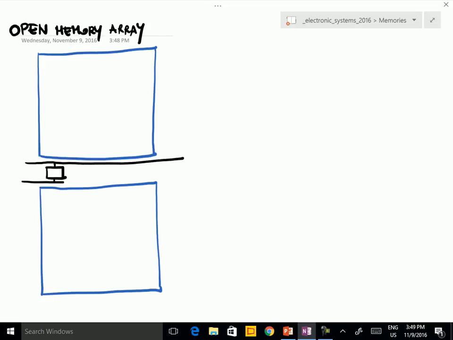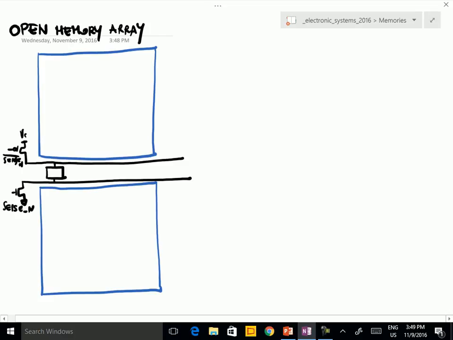For example, this is sense N, and this is sense N negated, and this is VDD. So we have several sense amplifiers. So these are the sense amplifiers,